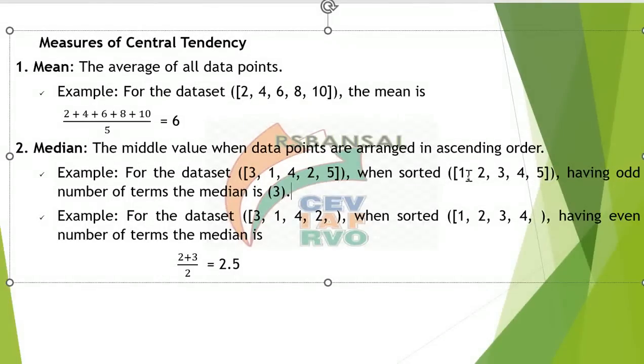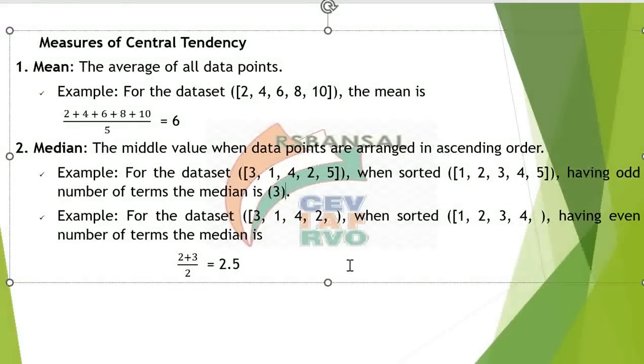There are two conditions for finding the median. First is when you have an odd number of terms. Here 5 terms means an odd number of terms. Then the middle term will be the median. So two terms on the left, two terms on the right, and the middle one will be your median,